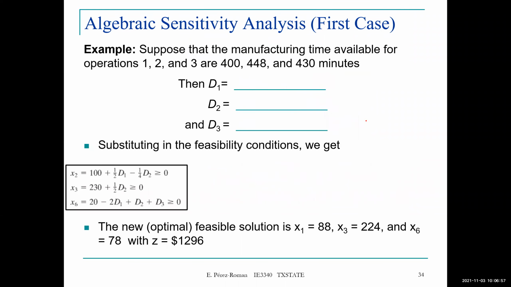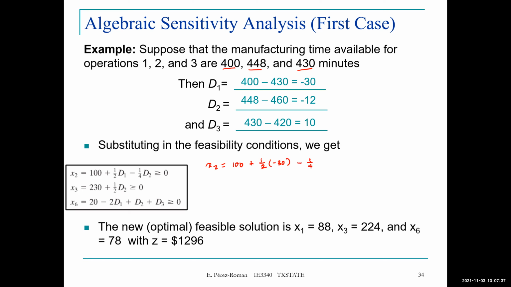So let's look at another set of changes. So now let's say that we make 1 400, 2 448, and third operation 430 minutes, the right-hand side. So D1 in this case will be minus 30, D2 is going to be minus 12, and D3 is going to be 10. So if I substitute this into my equations again, X2 is 100 plus 1/2 times minus 30